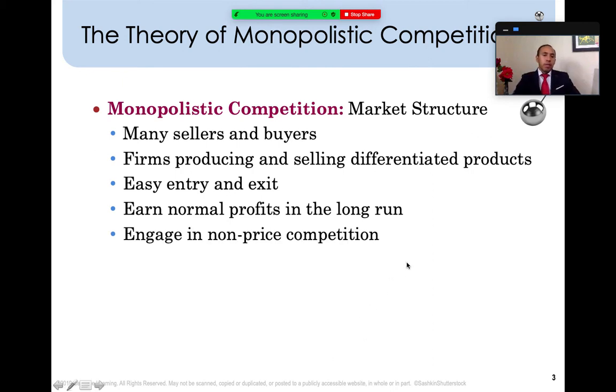Let's take a look. Monopolistic competitors also engage in what is called non-price competition, anything that has to do with advertising, branding, or other important techniques in the market. And monopolistic competitors are highly competitive with one another. Since there are many sellers, there are going to be many firms competing with each other. So that's a slight distinction from monopoly, because a monopoly is just one single firm. Monopolistic competitors, there are many of them competing with each other, but they have the ability to influence the market like